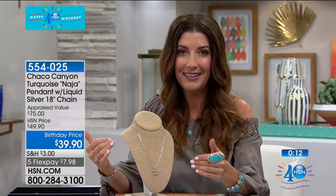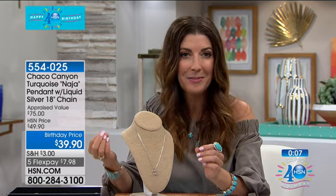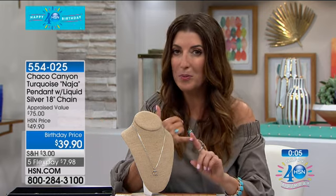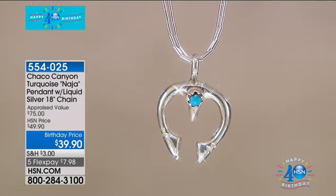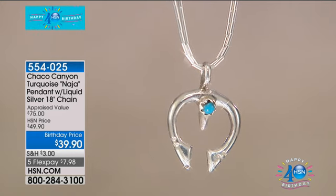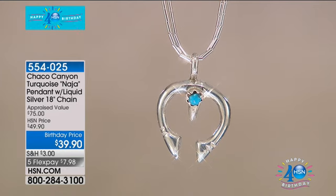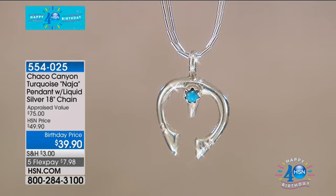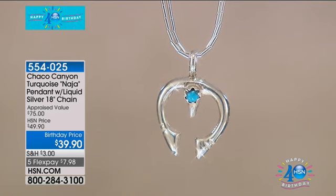And if you just want to celebrate our American history here in the US of A, these are mined in America stones. These are all made in America. They're handcrafted. Plus, you're supporting these artisans. I mean, they create their livelihood from these pieces. So you also get to give back to the Native American community, which I think is also a very special opportunity a lot of us don't have if you're living in a big city, or if you're not living near a reservation or the Four Corners. It's such a beautiful part of the country, and to have something to cherish, maybe a trip there, or to